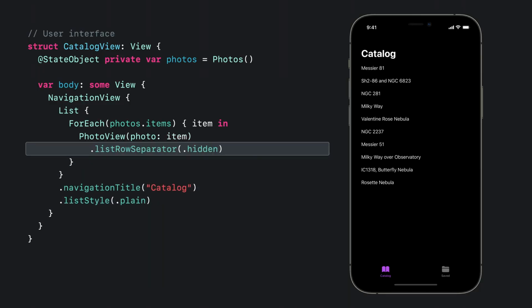Inside my ForEach, I can use the list row separator modifier to hide the separators. Sometimes when I'm polishing a user interface with SwiftUI, I find it hard to stop. But I'll leave the UI for now. Jessica is planning to finish it after I'm done with the data model. Before I dig into the data model, though,